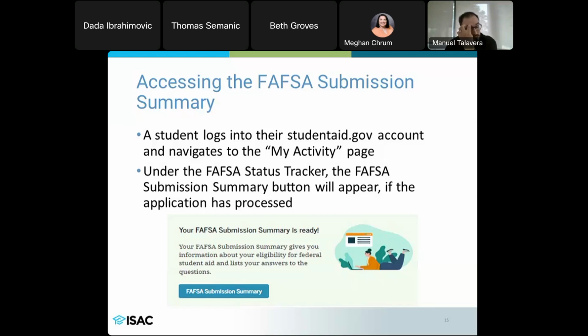But we saw that it was reported out, and so the best bet for students to know exactly what they need to do is by logging in and checking their activity to see the status of their FAFSA submission. They can see whether it's been processed, whether it still needs corrections. In this specific example, it's telling the student that their FAFSA submission summary is ready.